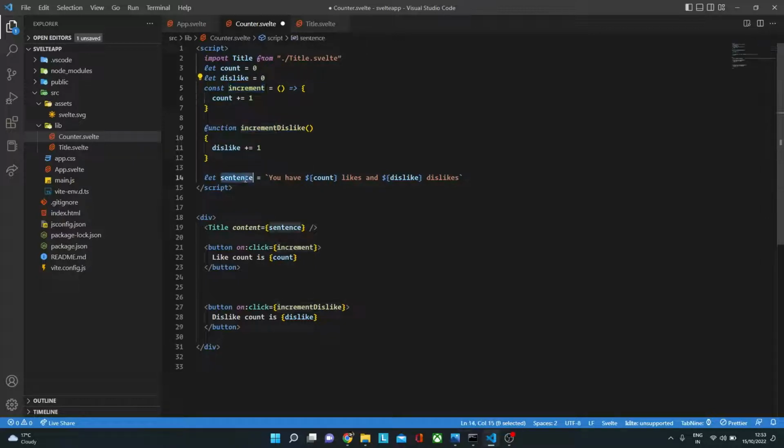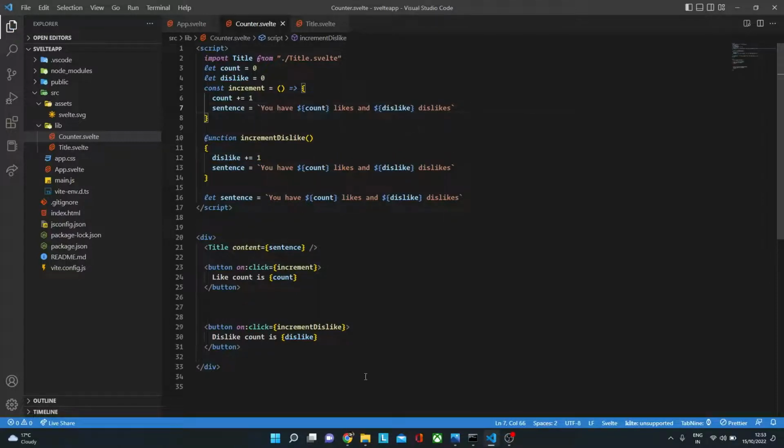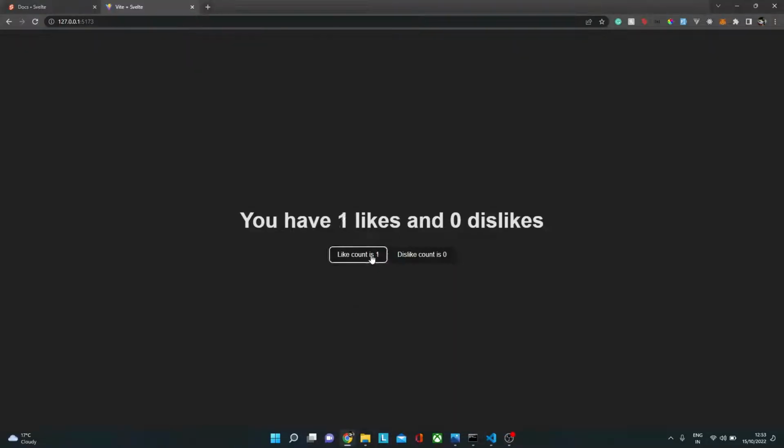Or in other words, if we assign this sentence value, like if we do something like this, say sentence equal to, and then we put this back again over here,